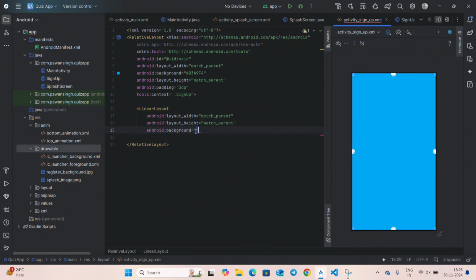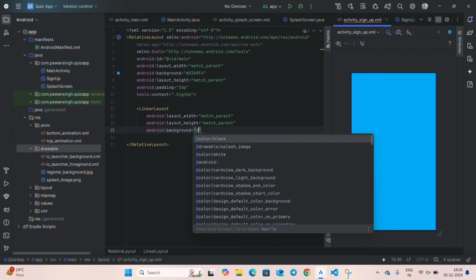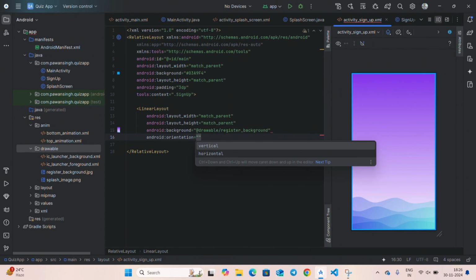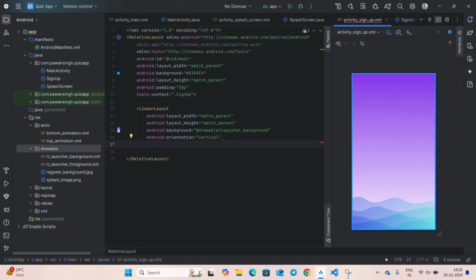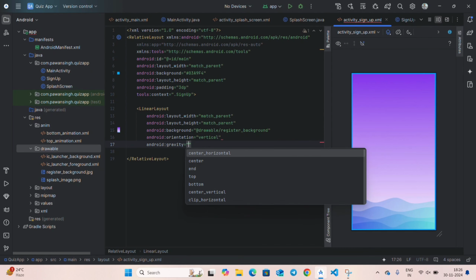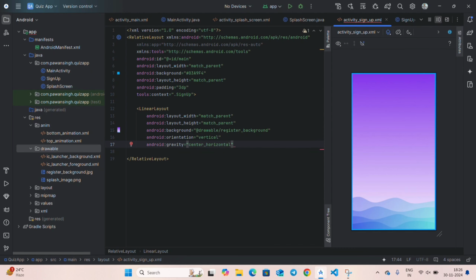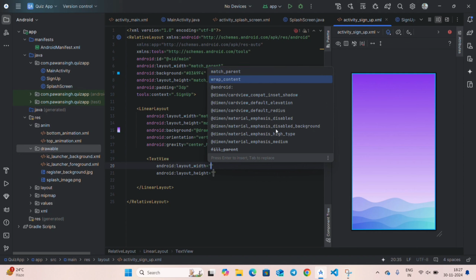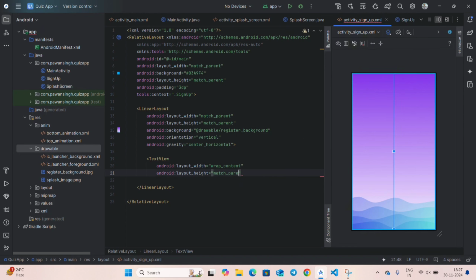and write here @drawable register background. You can see this is my background image. Now in the next line, give it orientation as vertical, and in the next line write gravity as center horizontal, and close this tag. And inside the linear layout, we will use a text view with wrap content and wrap content. Make it wrap content,